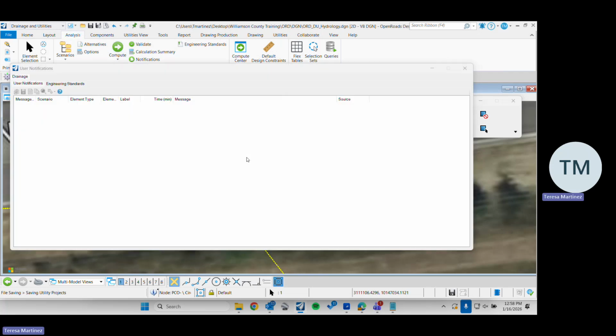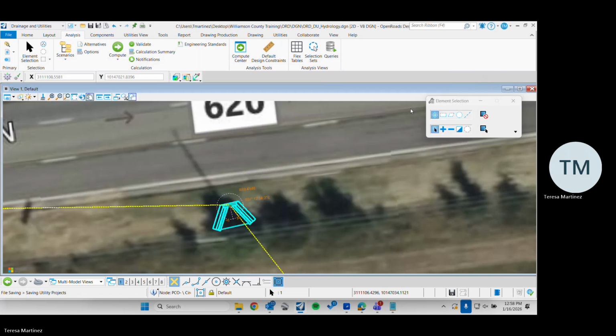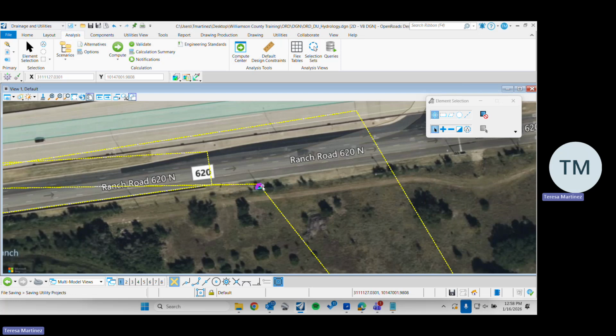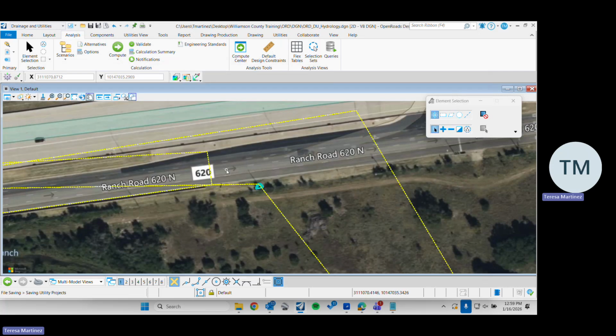So let's try it. Oh, okay. Because I changed the inlet type, and this is good troubleshooting because it happens whenever you're doing the model, right now with the error that I got, I can open it here. This is the error message, and it's saying that the catchment is active, but there's no outflow element specified, meaning that it doesn't have an inlet assigned to it for it to run. The reason why it doesn't have one anymore was because I changed the inlet type. So it basically reset the drainage area. Now the drainage area doesn't know where to go. So I have to go back to the drainage area,